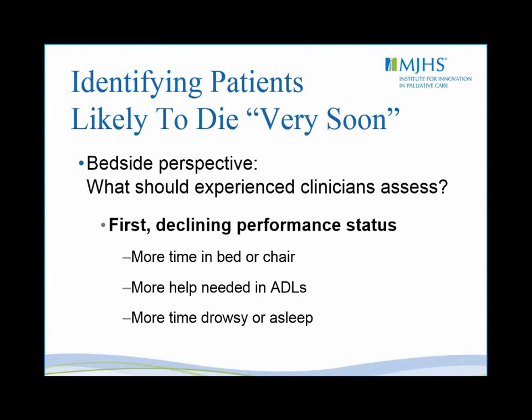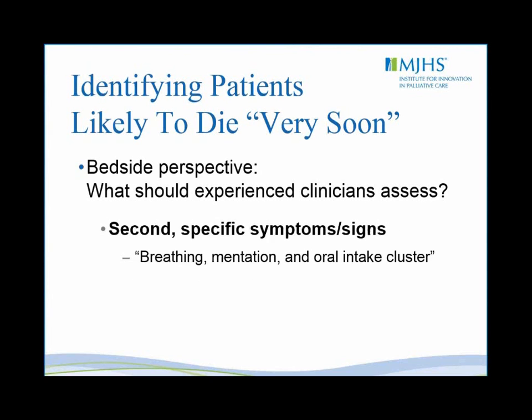Has the patient been experiencing more time in bed or the chair? Does the patient need more help in ADLs? Is the patient spending more time drowsy or asleep? Second, specific symptoms and signs are useful. And as I mentioned before, the study from 2000 and other more recent studies suggest that dyspnea, cognitive impairment, and this oral intake cluster, including dysphagia and anorexia,